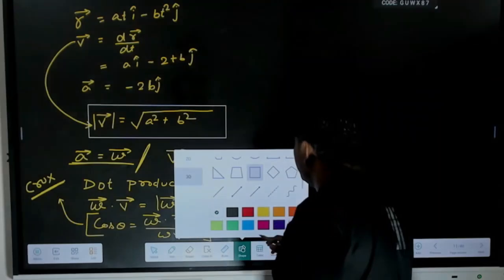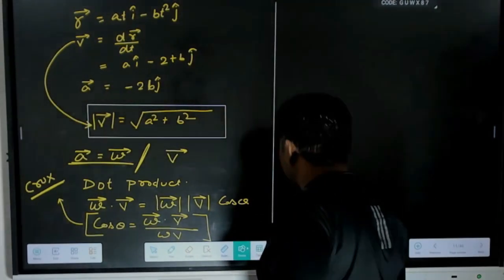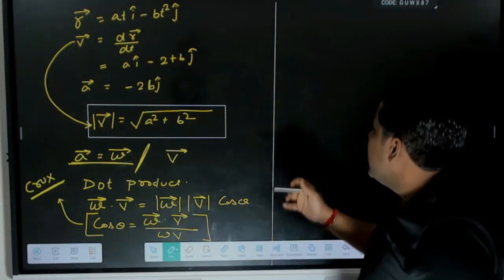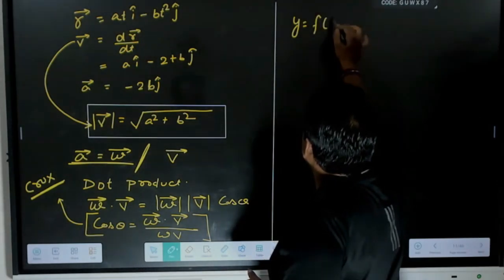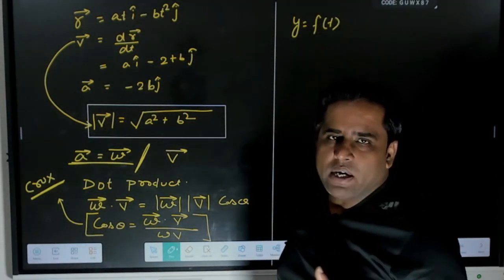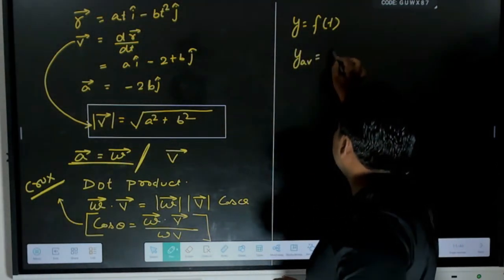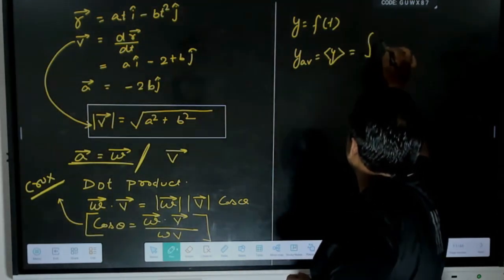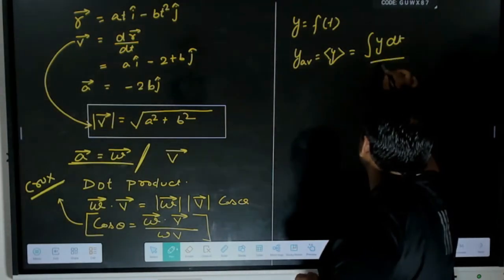Again, if someone is asking you to find the mean value of a function, and the function has been given as a function of time, then to find the average value we can write this symbol, and we will find it by doing the integration. It will be written as y dt upon dt,